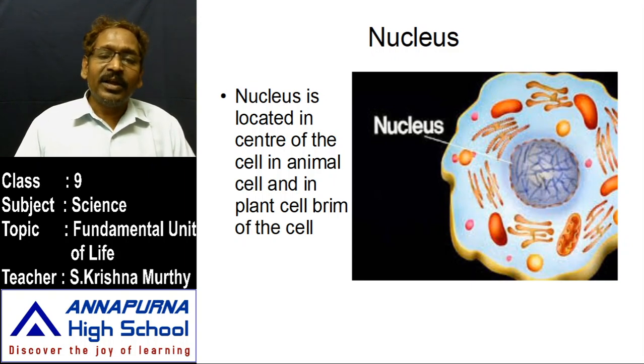it has two types of material. What are the two types of material? Later we will tell about the two types of material, but here the nucleus is enclosed with a nuclear membrane. So it is a double layered membrane. We can say multicellular organisms or eukaryotes contain this membrane, which is meant for the nuclear envelope. The nucleus enclosed with a two-layered membrane is known as the nuclear envelope.